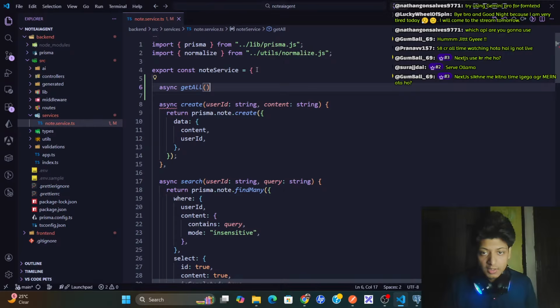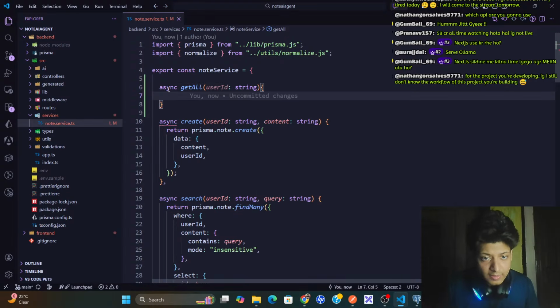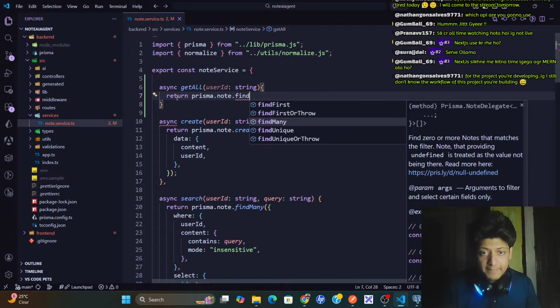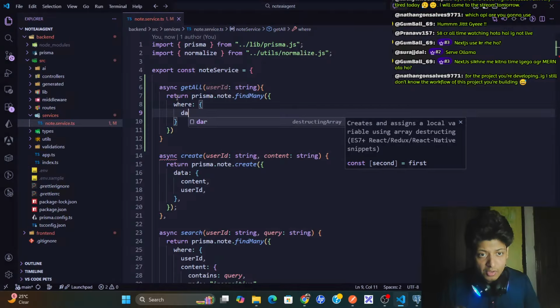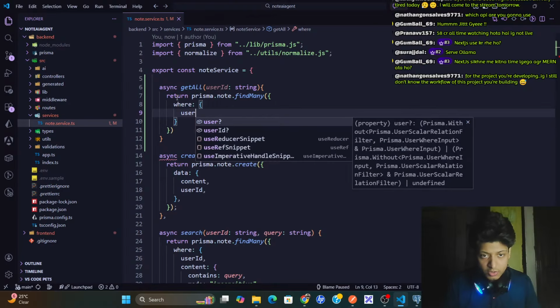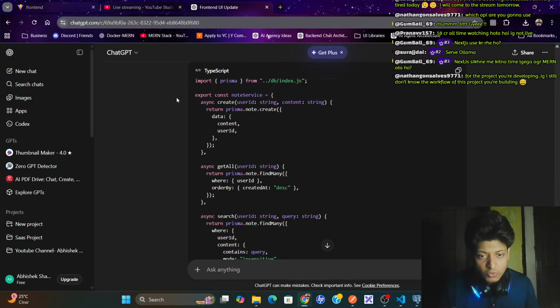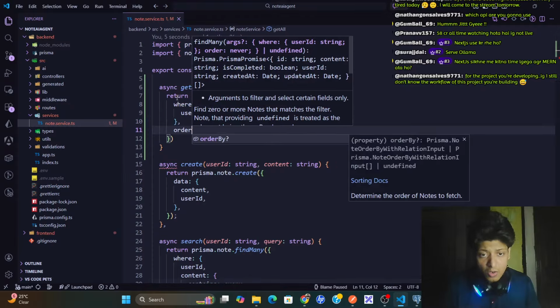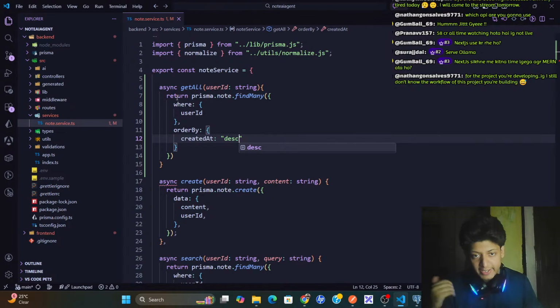Just get all, and we'll have the user id, which is a string, and here we'll return prisma.node.findMany, and here I'll pass where user id is, where user id, I have this, right, I have user id, and orderBy createdAt in descending order, so I get the latest.